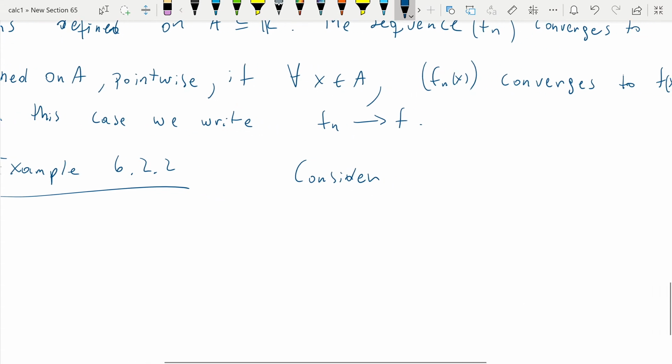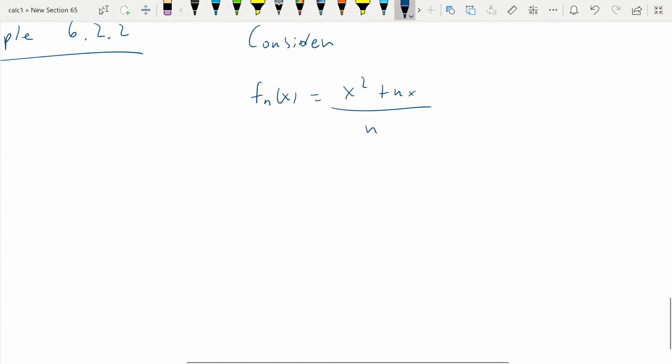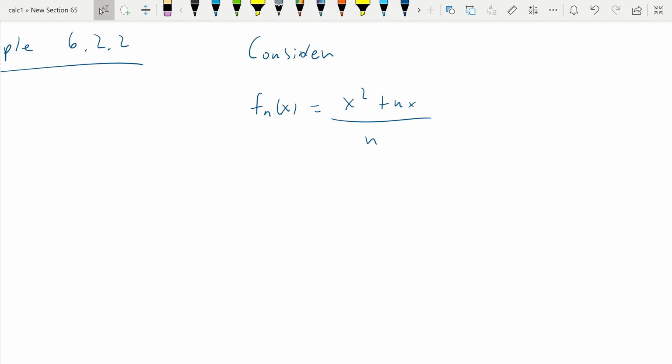Consider fn of x equals x squared plus nx over n. If you fix an x, remember to fix an x, we can take the limit when n goes to infinity of the fn's of x,